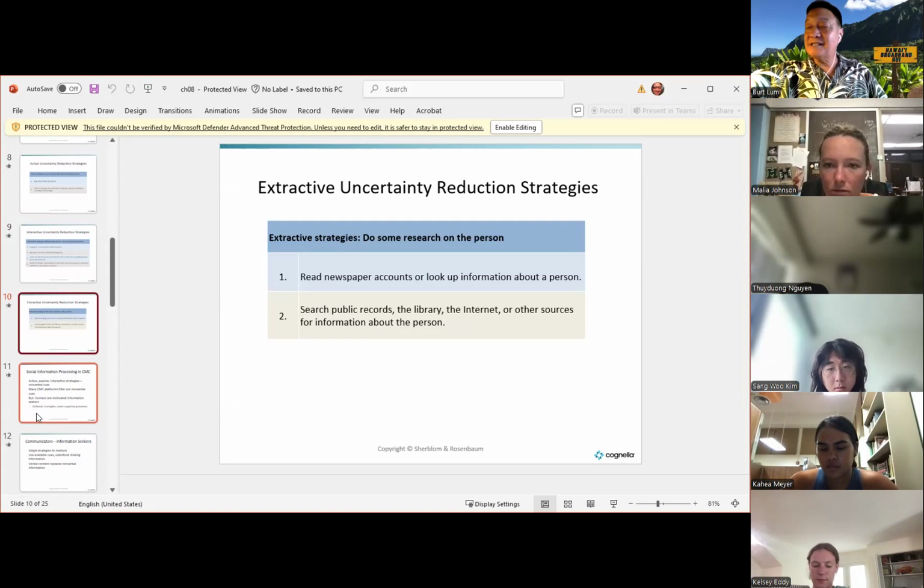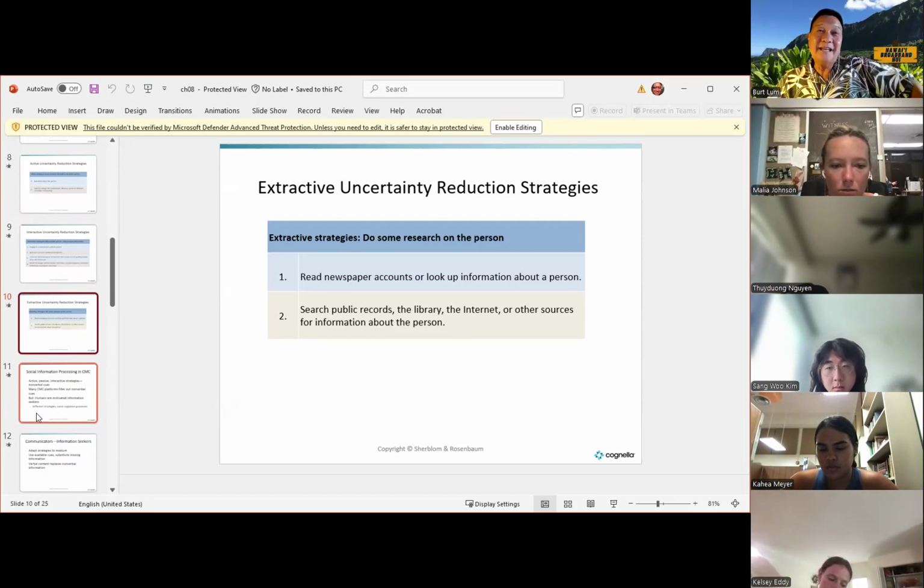The internet is very accessible, and anything and everything that's been put out there on social media is discoverable via a Google search. You could read a newspaper account or look up information about a person. Oftentimes, a name might cross my desk, and I'm curious, who is this person? I think I heard of this person somewhere. In fact, somebody asked me,